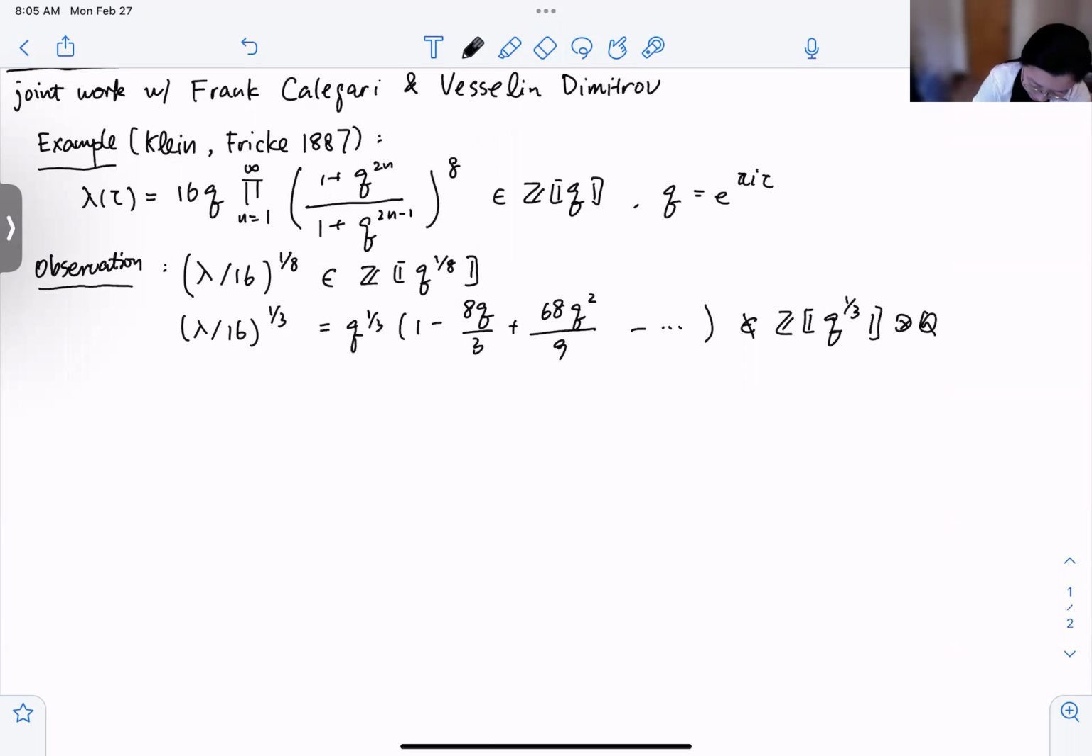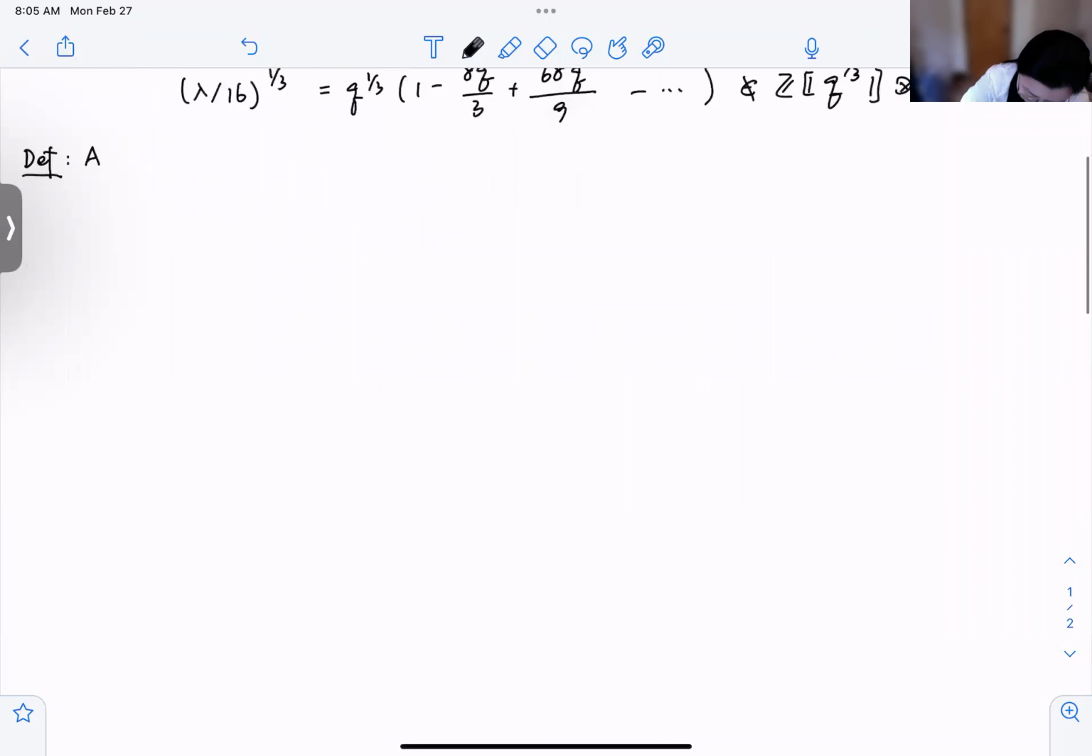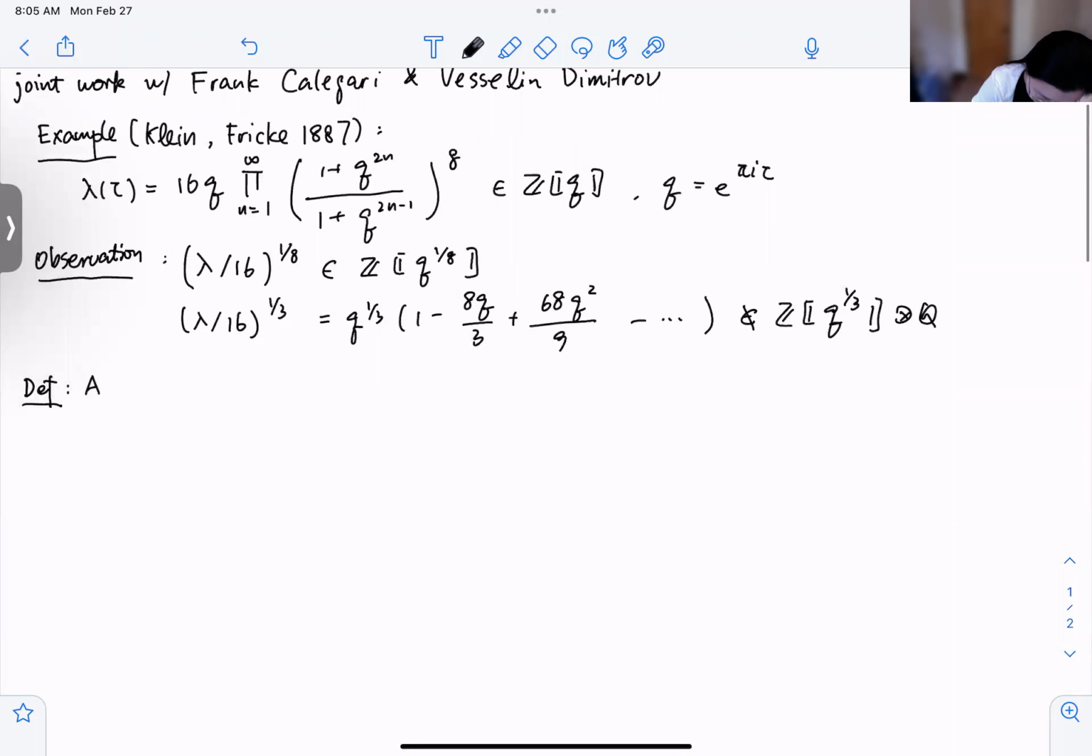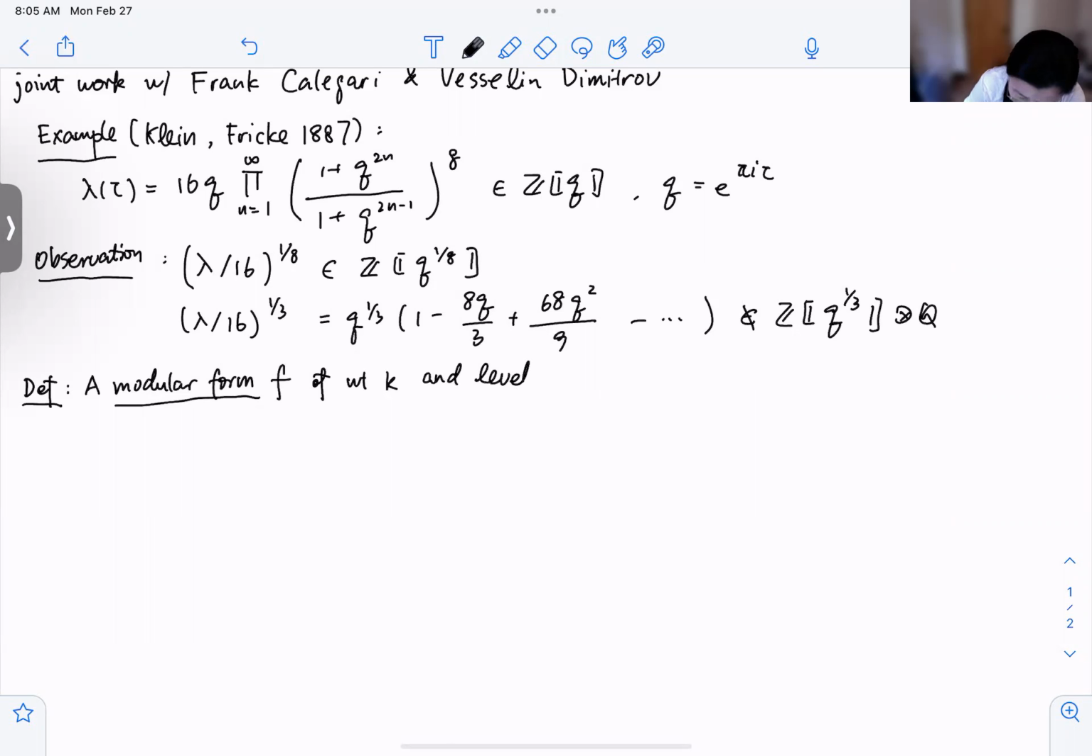Okay, so let me actually make the general assertion. More generally, this is an example of a modular form. So let me give a definition of the generality of modular forms that I will consider today. A modular form of weight k and level gamma, where gamma is a finite index subgroup of SL2(Z),